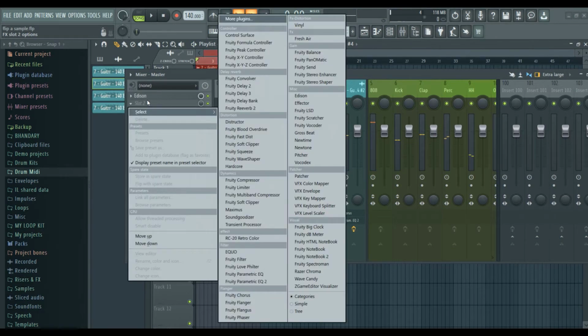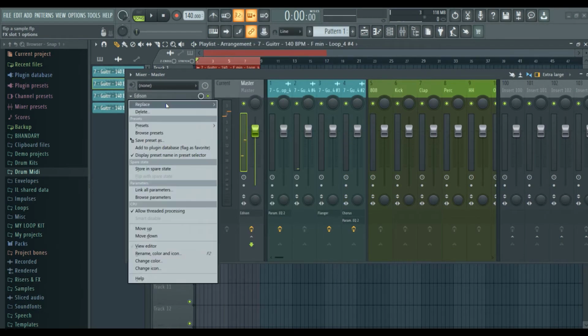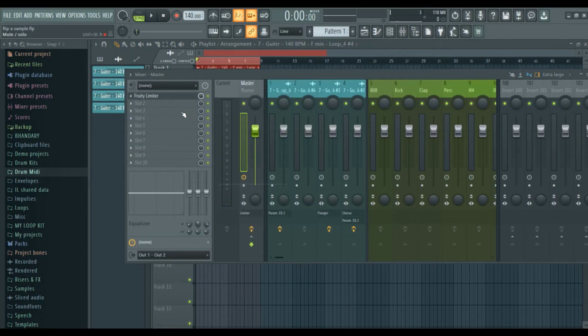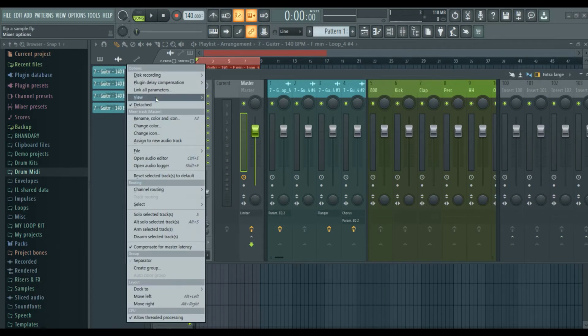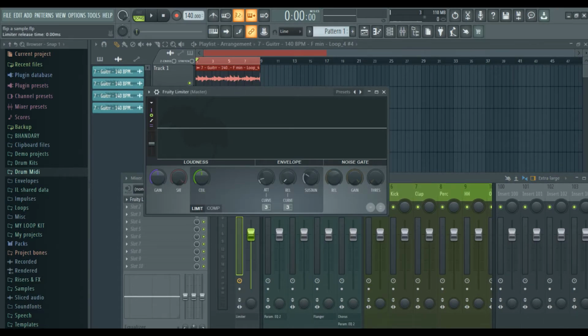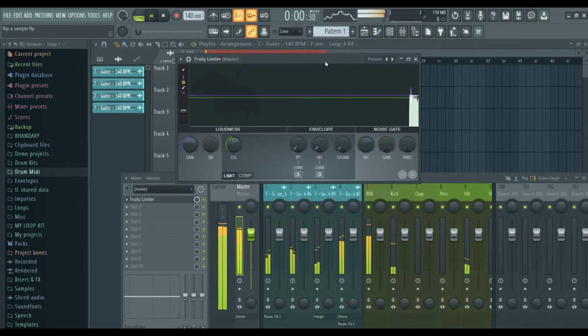The first thing we're gonna do is replace this Edison with a Fruity Limiter. Where is it? Let me undo the detach. There is the limiter. I'll reduce all of these to 0 and I'll decrease the ceiling just a bit.